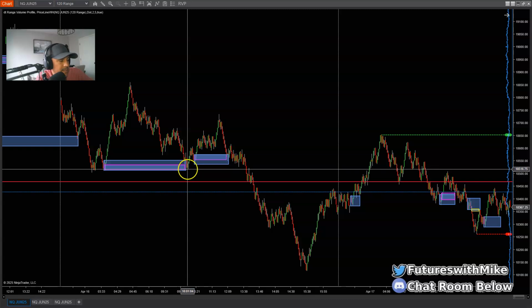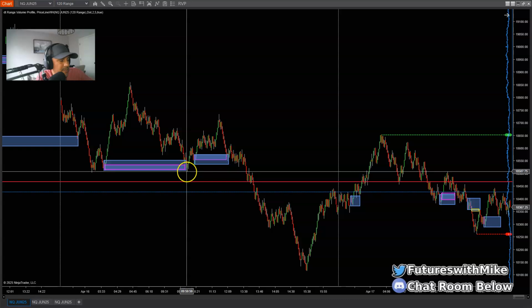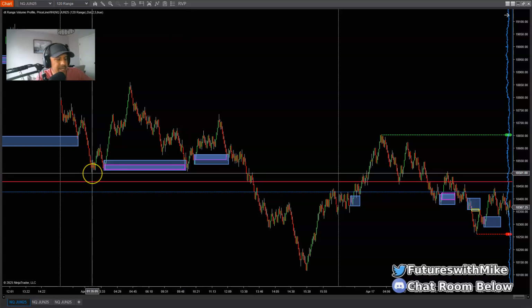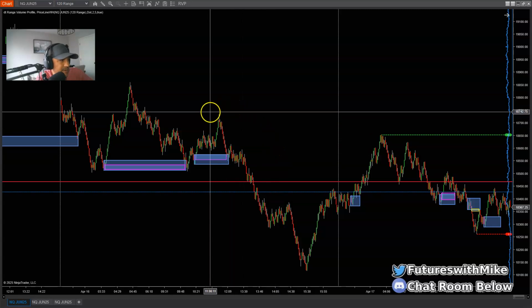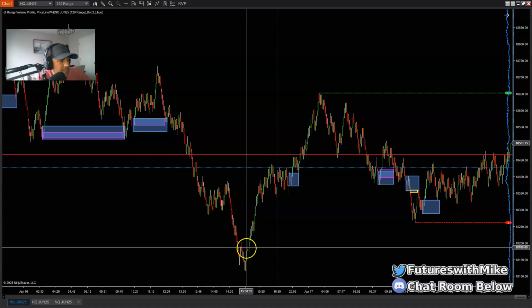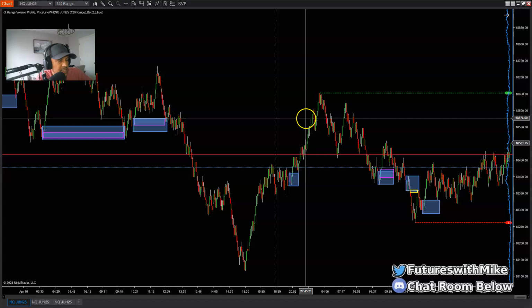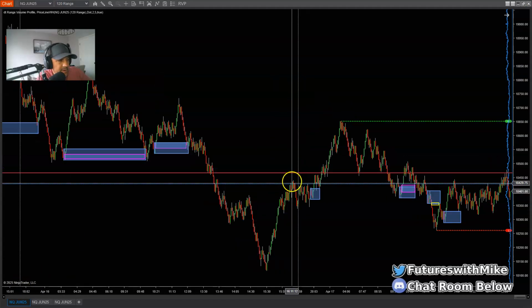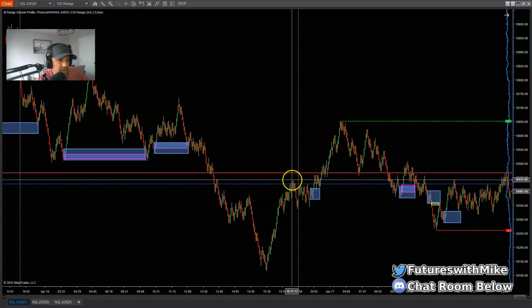Got the high, making highs, higher lows, pushing up, consolidating right here before breaking below this low and taking out this low right here. So I'd be looking for the market maybe to take this area out and then run this high up here. Now, the market came on down here. It turns back around, and then we start making higher highs and higher lows to the upside, as you can see. And when it makes the high right here, it pulls back, breaks up, a little bit of consolidation right here, followed by a breaker structure above this high right here at